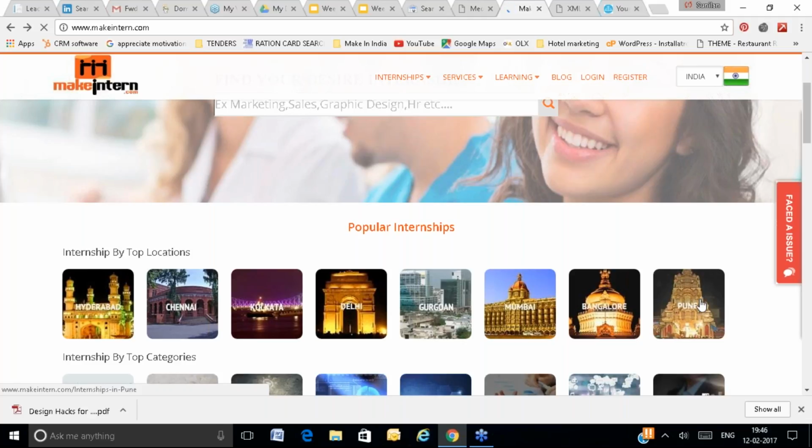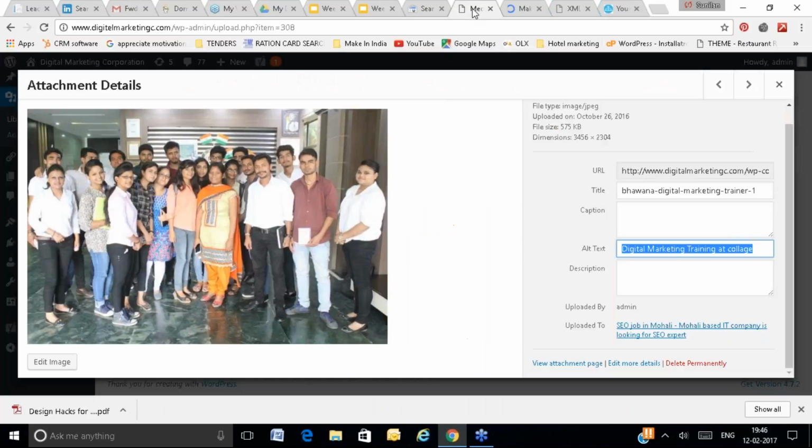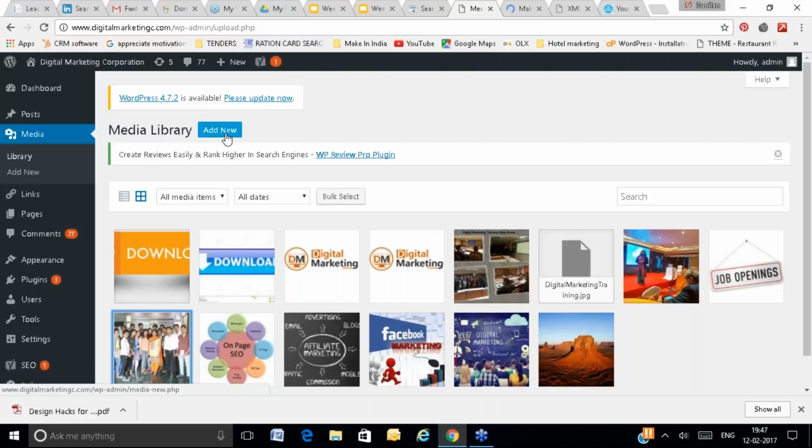How can you provide proper alt text? If it is a WordPress website, whenever you upload an image, it will ask you for the alt text. So in WordPress it is very easy to do that.